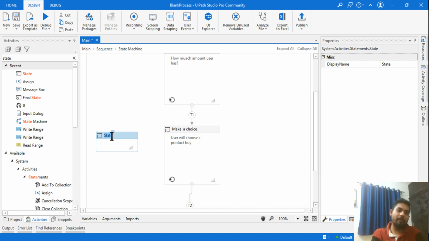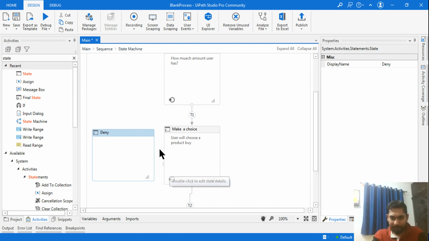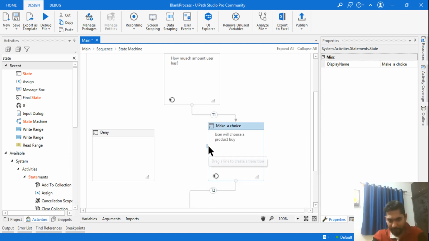If the available amount is greater than the product amount, then you can buy. If it is less than that, then you cannot buy, so your payment should be denied. So I'm creating an activity called deny, if the product value is greater than the available amount with me. So again, let me drag and drop. When you are doing this, let me keep it slightly aside. Anywhere you keep a pointer, you will get this. Anywhere you can keep. Okay, so I am connected.